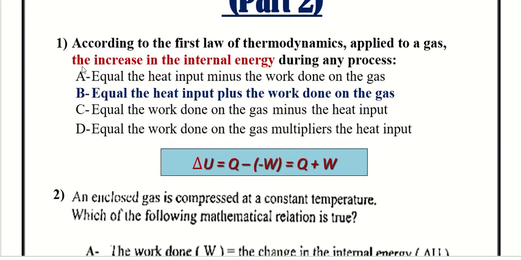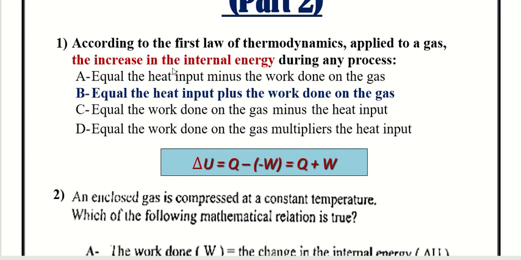Question number 1. According to the first law of thermodynamics, applied to a gas, the increase in the internal energy during any process. What would happen is the internal energy increases. From the first law of thermodynamics, the change of the internal energy delta U equals Q minus W. By substituting here for the quantity of heat and the work done,